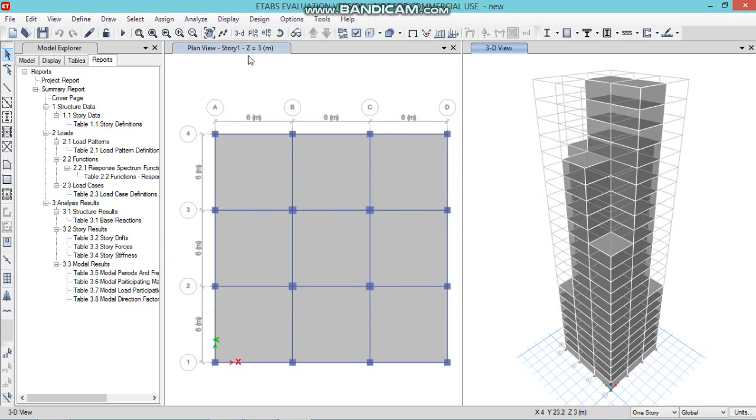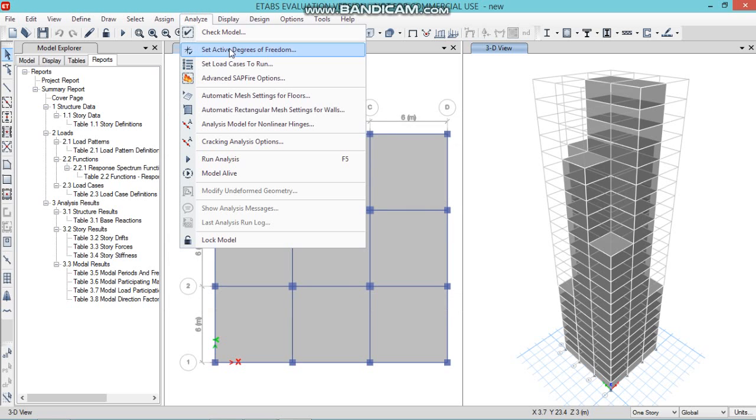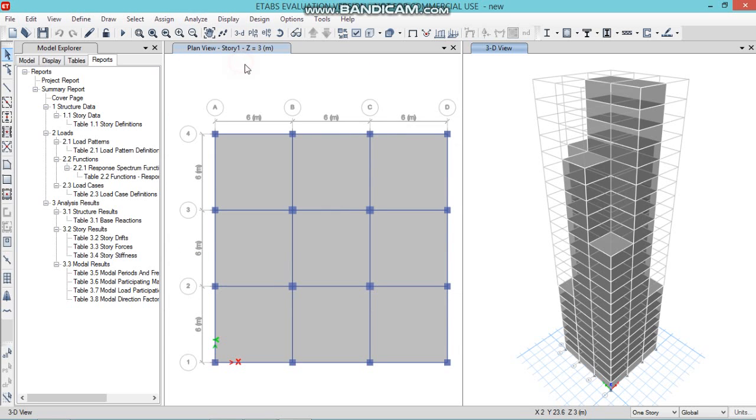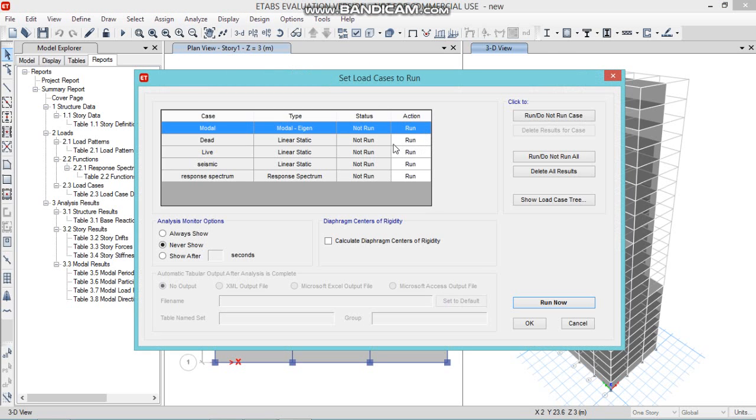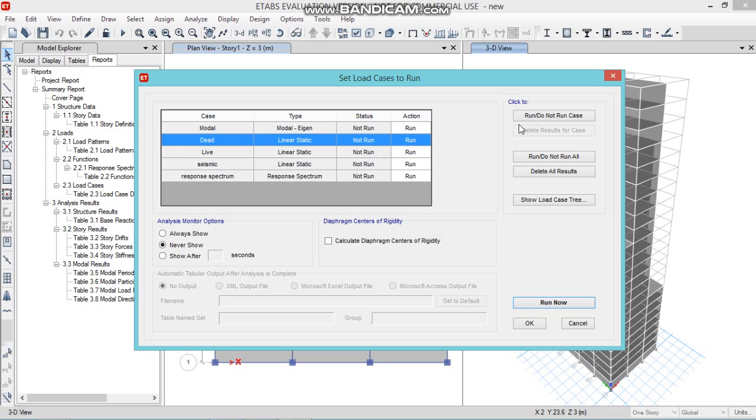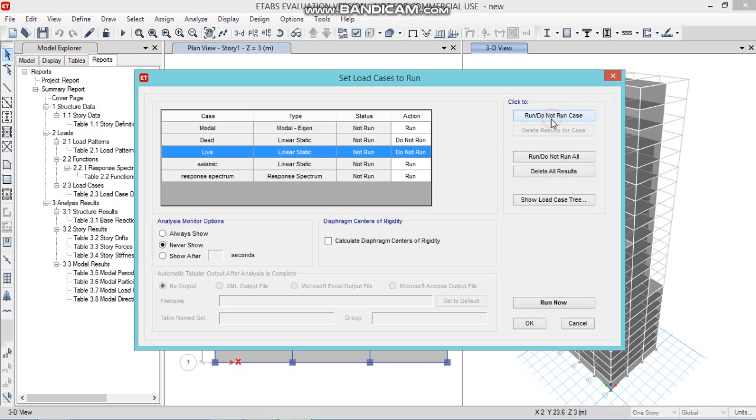So the next thing is to analyze the model. Click on analyze, set load cases to run. In this case, we do not have to consider dead and live load because we are analyzing the building using the seismic response spectrum method. So make sure that you have selected dead as do not run and live load as do not run. Now analyze the building.